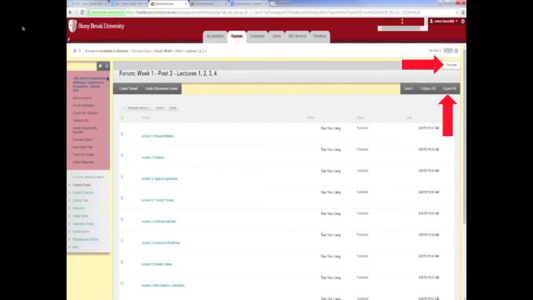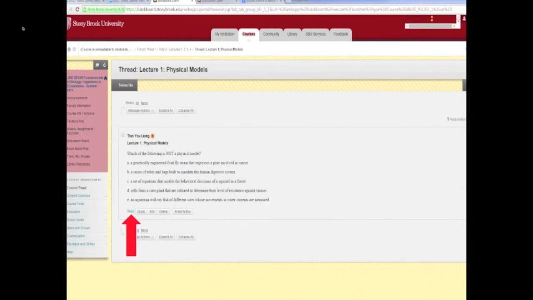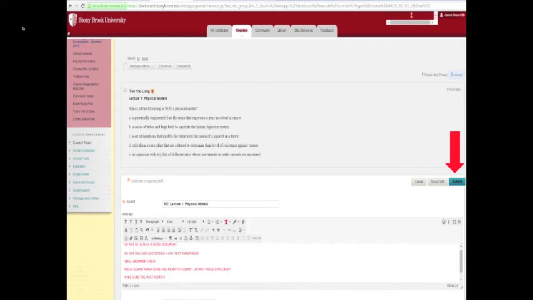When you log into the forum, you will see all the different lectures and you will see different questions. Make sure you are in TreeView and click Expand All so that you can see all the questions that are listed. If you find a question you'd like to answer, you press Reply and you type out your response. Now, please remember, do not attach your answer as a Word document. Make sure you type it into the space on the discussion board. Attached Word documents will not count and you will get a 0 for it, so make sure your post is in the box of the discussions.